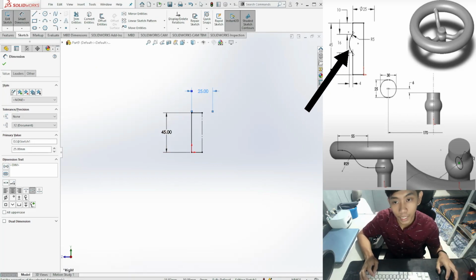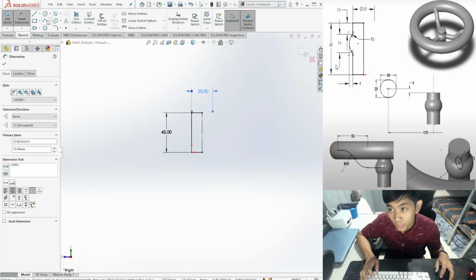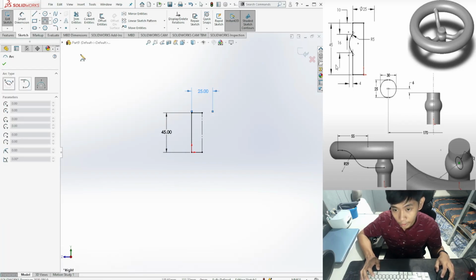of our rectangle. So we can do that by going in this part, the arc, which has a drop down button. So we can simply click the 3-point arc, which is already visible here, but for some of you guys, this might show center point arc or tangent arc. So just simply click the 3-point arc, and then click on the